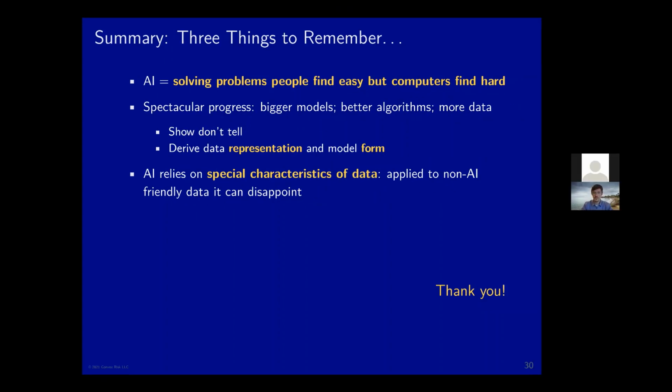And these models work on a show, don't tell basis. The computer figures out what's important. It figures out the representation at the same time as it figures out the model form. And a lot of these models, for their success, do rely on special characteristics of the underlying data. And so if they're applied to data that doesn't have those characteristics, they could potentially fail and disappoint. And that's what you should be looking out for as you